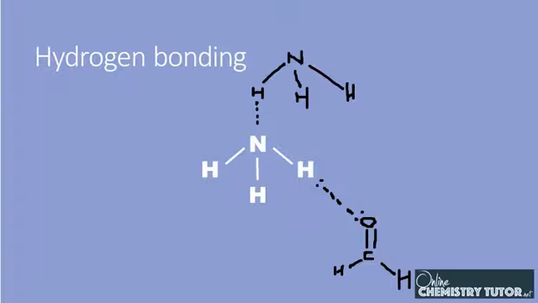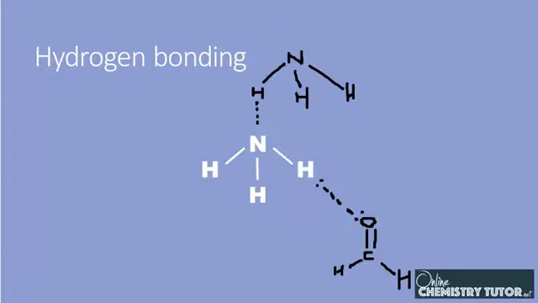The hydrogen atom must be bonded to oxygen, nitrogen, or fluorine, but the atom it's hydrogen bonding with, in this case the oxygen atom on this methanol molecule I drew at the bottom, doesn't have to be covalently bonded to oxygen. Again, it's a minor point, but it's one that's sometimes missed. So this is hydrogen bonding, a special case of